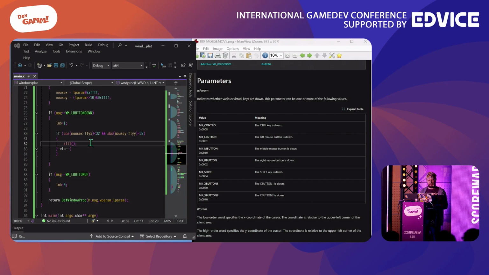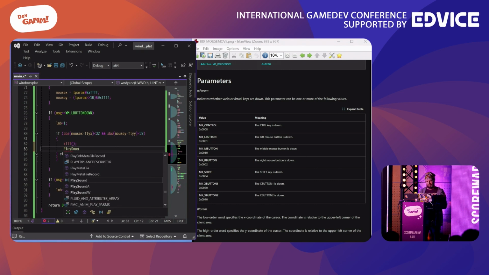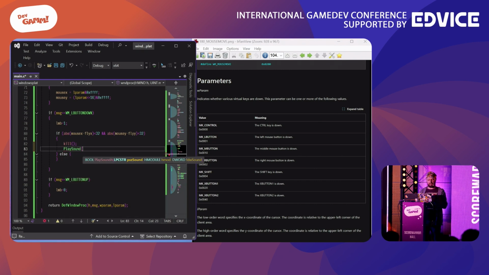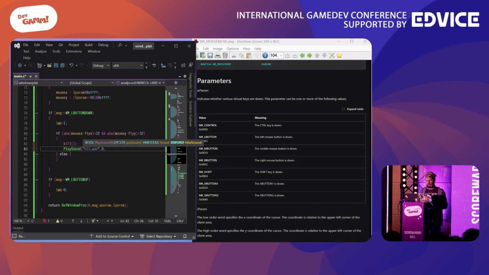All right. So to play the sounds in Windows, that's very simple. You do not have to load the file and keep it. You just play it straight from the file. So I just call PlaySound here. And the sound is going to be this hit.wav. And the module for that is, I think, our window module, or maybe nothing. Just pass nothing. And the sound is going to be, oh, wait, this was supposed to be